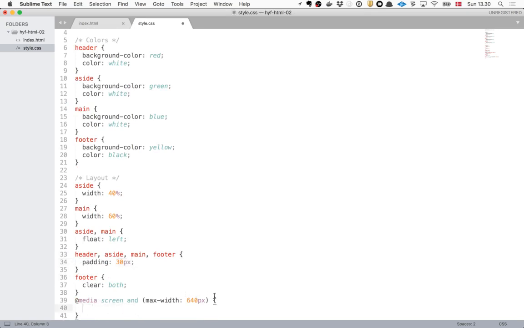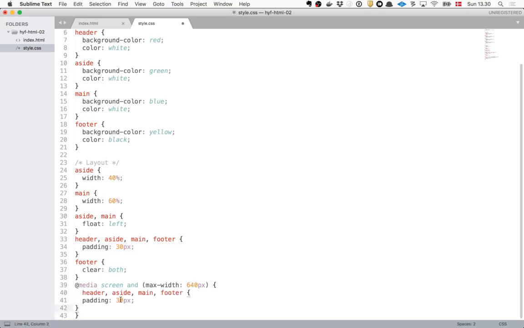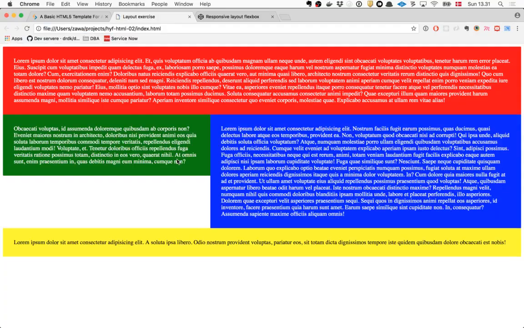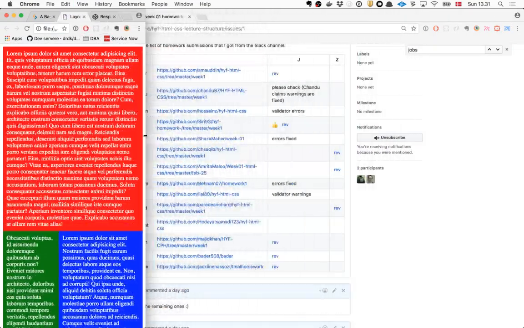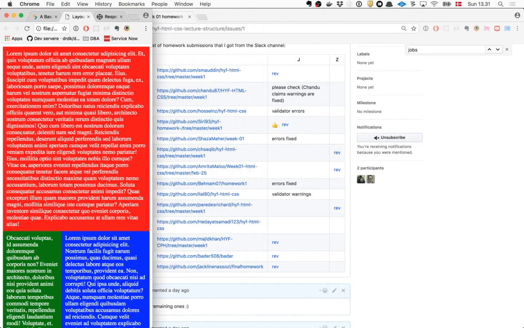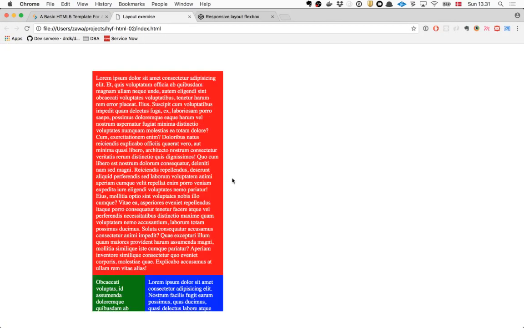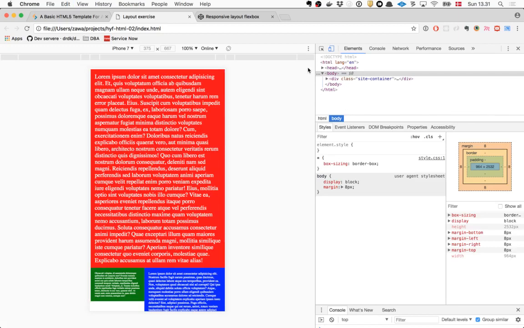So this one here is a container that's supposed to go alongside other rules. So we can take this rule in here, and we can put that rule inside our media query. And then we can do the padding, instead of 30 pixels, we can do 10 pixels. And if we try that out and go down below a certain size, I think now we should have a padding of 10 pixels. It's a little difficult to see like that, so let's try something else. You see iPhones. Okay, cool.